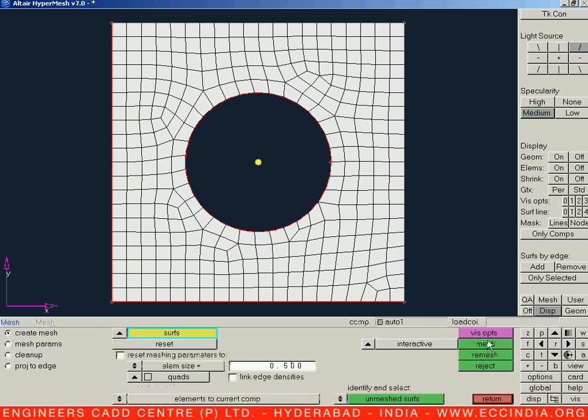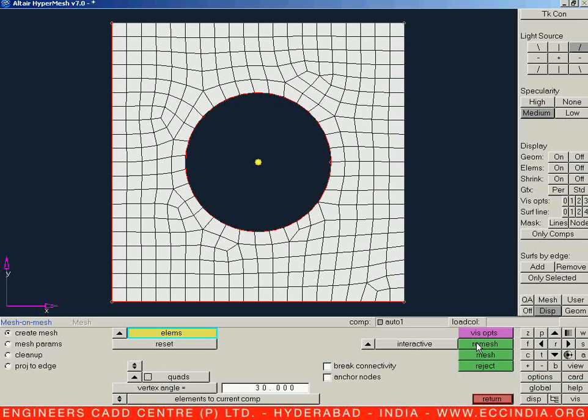If it is on a surface, we have mesh, remesh and reject in a sequence. But if it is on a highlighted element, with the help of the toggle button, remesh has the first preference and after that it is mesh. So at these elements we need to change our quality aspect or the shape violation warning. So select those things by a window selection by pressing the shift button on your keyboard and dragging your mouse.